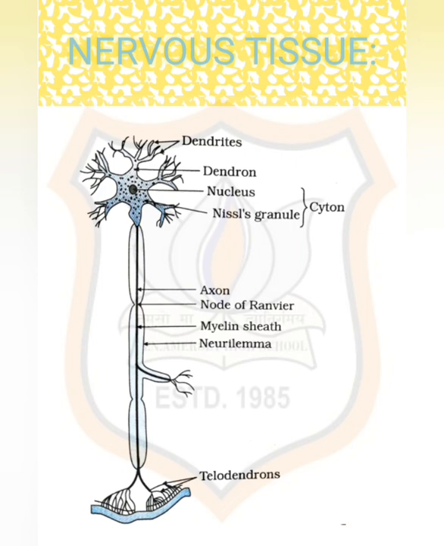Neuron has a cell body or cyton containing nucleus and cytoplasm. From neuron, single long fiber-like structure arise, which is called an axon. There are many short branch fibers called dendrites. We are observing in the diagram. Dendrites pick up the impulse with axon, transmit it further. An individual neuron may be up to meter length.